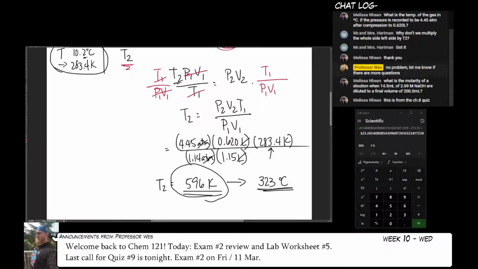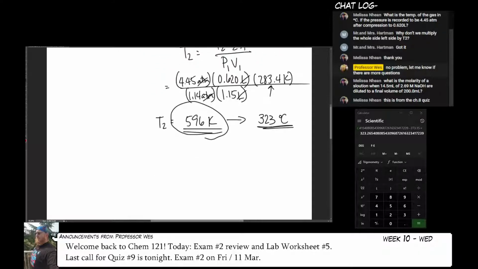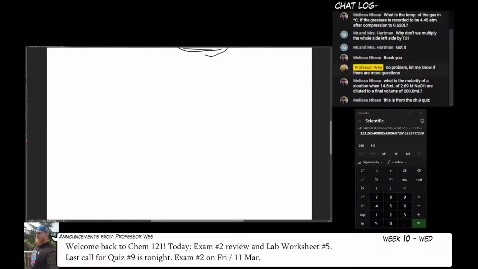There we go. Let's see here. What is the molarity of a solution when 14.5 milliliters of 2.69 molar sodium hydroxide are diluted to a final volume of 200 milliliters? Okay, so